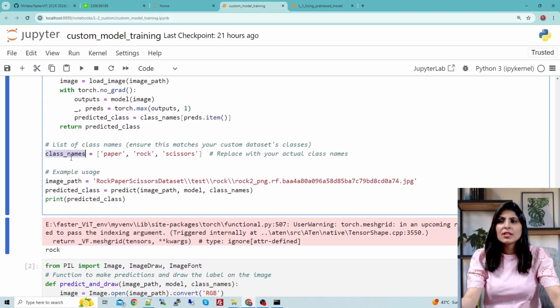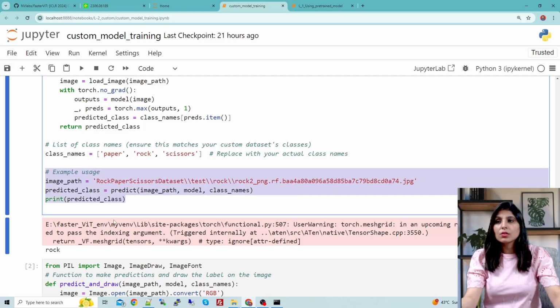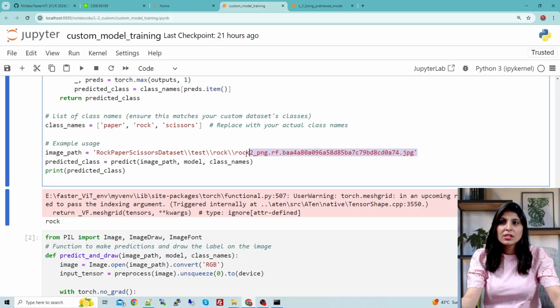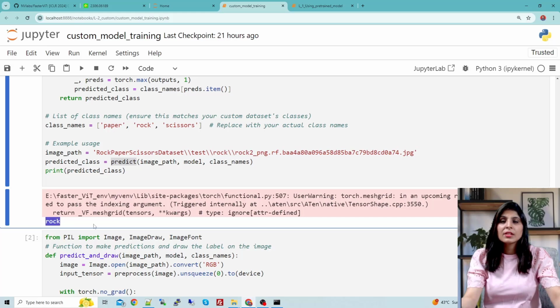In this list, I'm just saving the names of the custom classes, and then I want to show you the output. See, output is rock. When we passed this image and used the predict function on it, the predict function returned us this class.